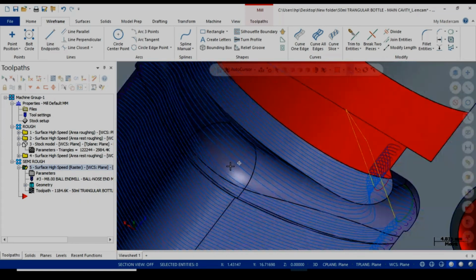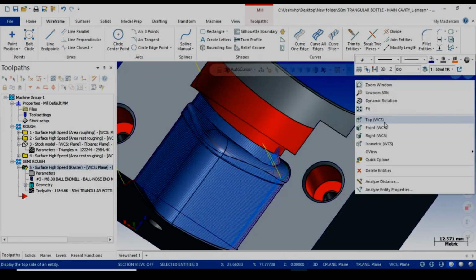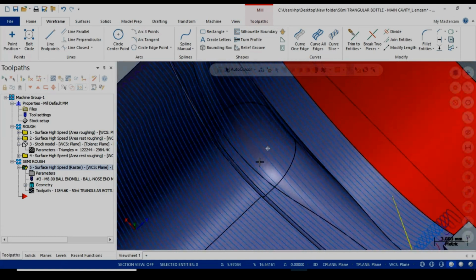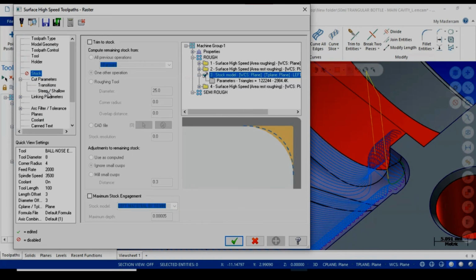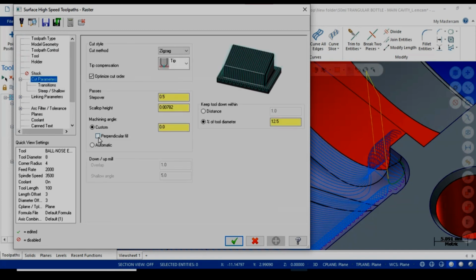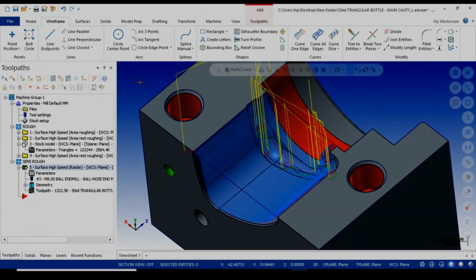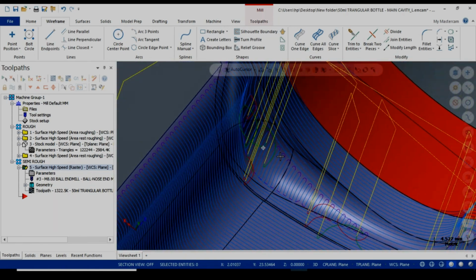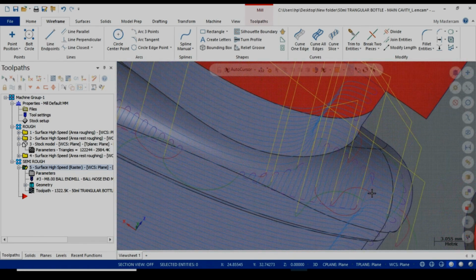I would like to notice you this area where the step over is parallel, but due to the height variation in the model it has created a big gap in tool lines. For this kind of entities we can modify the setting here in the raster toolpath as a perpendicular fill. This will overcome this problem. If you have height variation, you can see before there was a gap, now it has created smooth toolpath lines here. It has filled the gap with the perpendicular fill option.